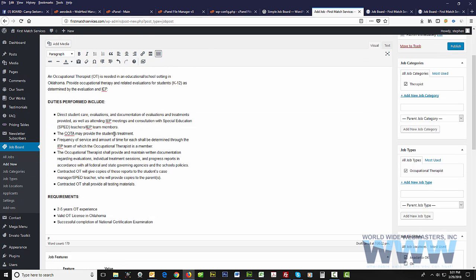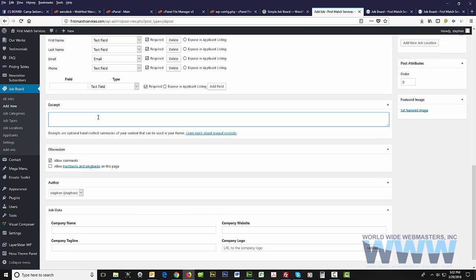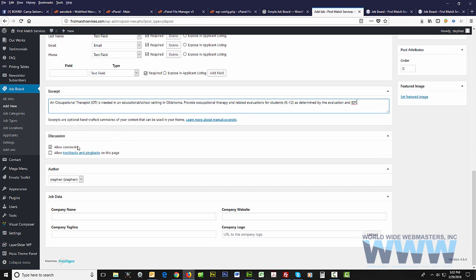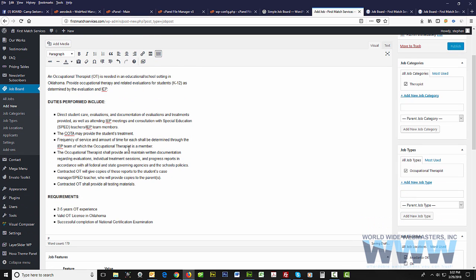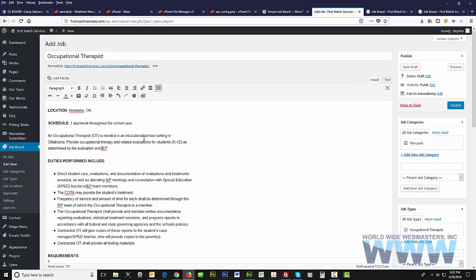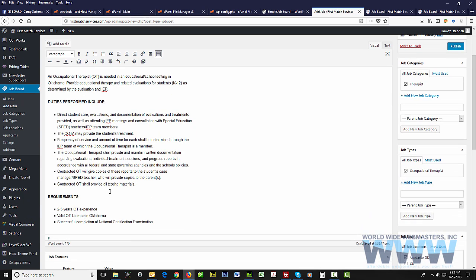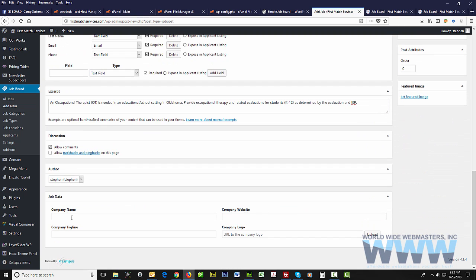You can add a little blurb in the excerpt. So you can just say, copy something like this, put that in there. Allow comments if you want, or you can uncheck that if you don't want to allow comments. And the job data, so the company name, let's see the company name. Okay. So in the job company name, we can just, for now, we can put